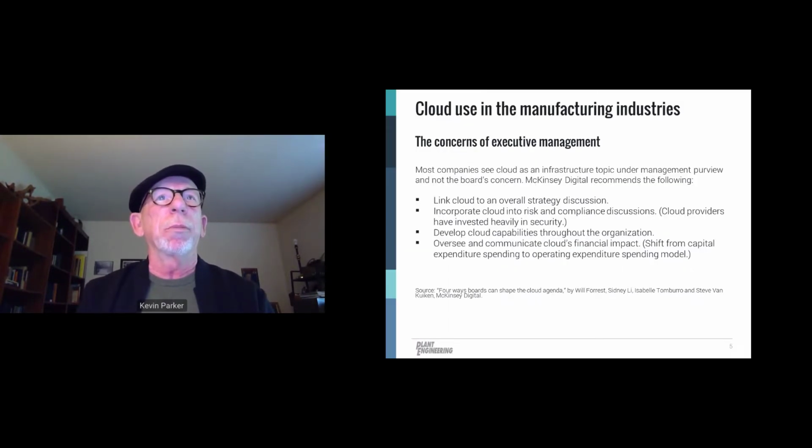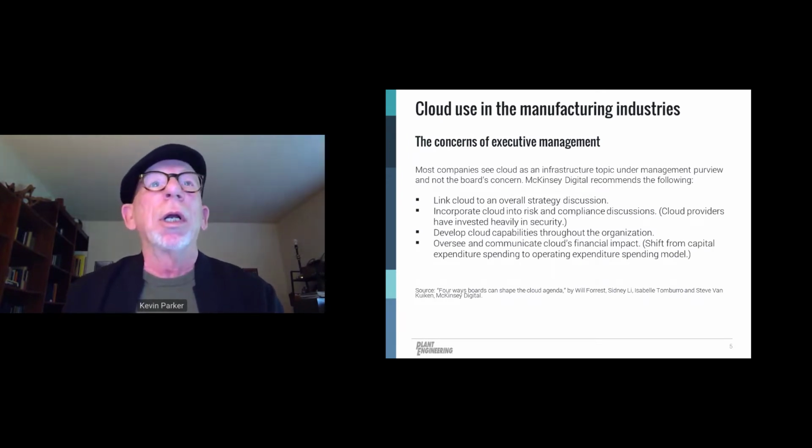During his presentation, Greg will outline the workflows and architectures relevant to using cloud computing in the manufacturing enterprise. But before turning to Greg's presentation, I'd first like to share some background on markets for cloud-based systems. As you can see, most companies see cloud as an infrastructure topic, looking from the executive management point of view